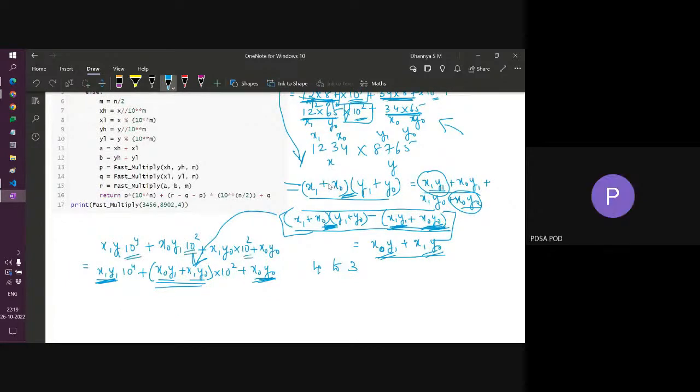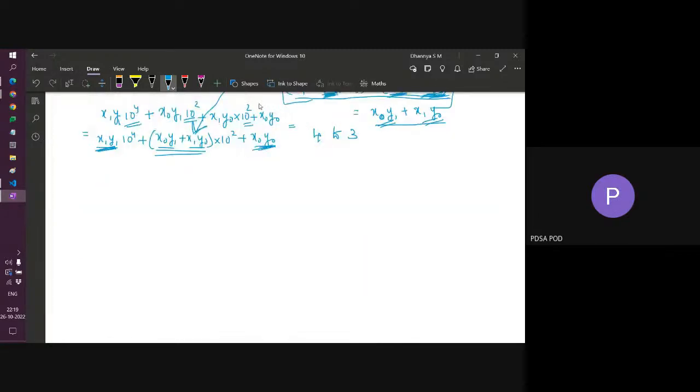Yeah, this is what I wanted to come to. So suppose instead of 10 power 4, in computers it is all done using binary, right? So instead of 10 power 4, this 4 is what our n is, right? So instead of 10 we have 2 power n. Now if you want to multiply something by some power of 2,